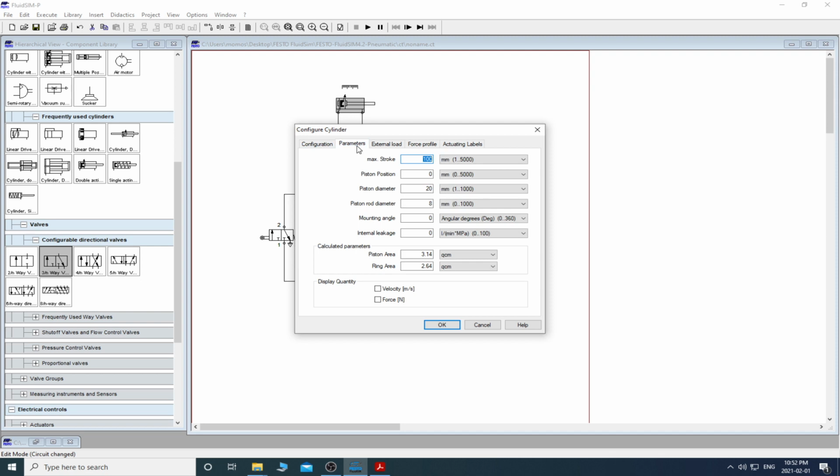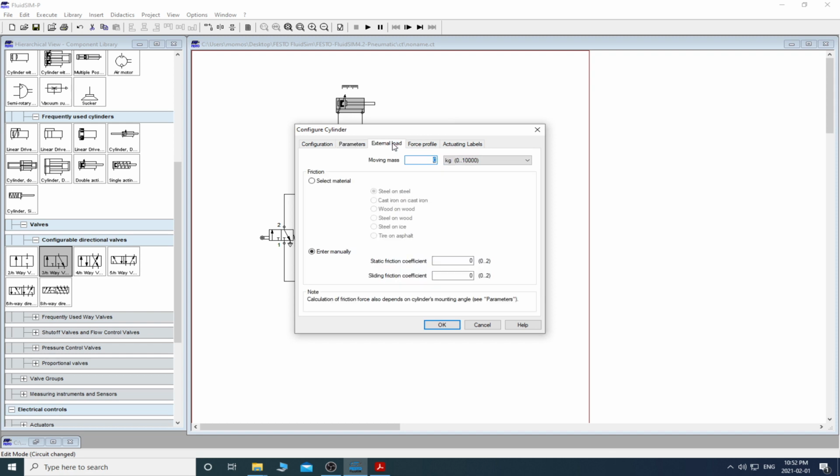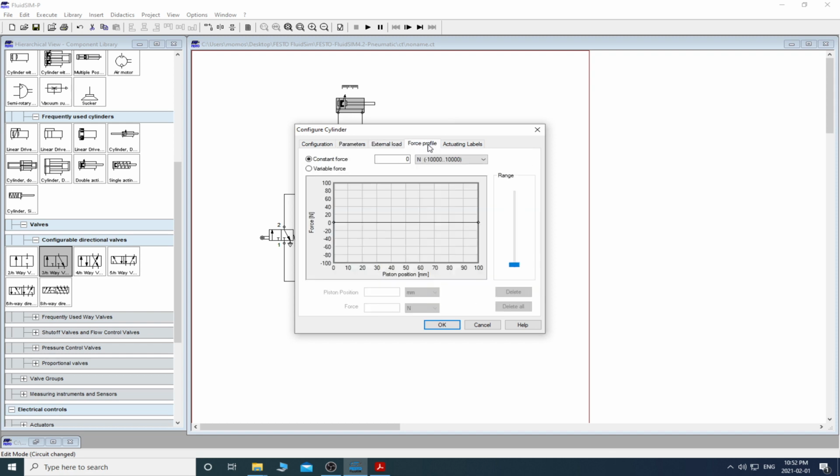Other parameters, you see that you could change the maximum stroke here. This one specifically is useful to know how much is the maximum stroke when you want to place the sensors. So 100 millimeter is the maximum stroke for this case. The piston position, piston diameter, and other basically parameters also could be adjusted here. External load, you could apply some external loads. Force profile, you could design a specific force profile, or basically monitor the force profile,